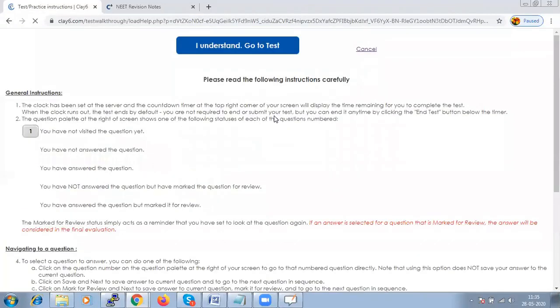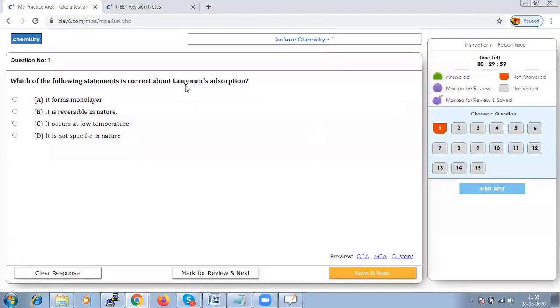So when we are trying to take a test or practice past papers, do keep focus or have a note in mind about the time, because answering a question within the specified time is very, very important in order to crack any competitive exam. So here let us see the first question.